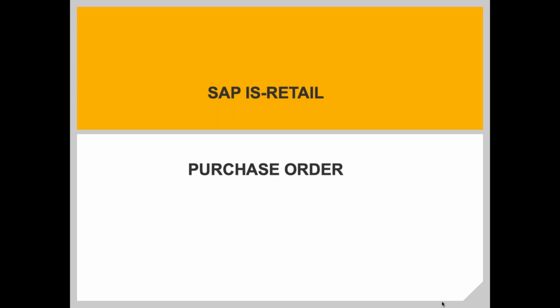But in retail, we don't go to those levels, because we know how it works in the fashion industry. Say for instance, if it is Zara, their merchandisers and designers will design what kind of products they are going to launch in the market for the next upcoming season.